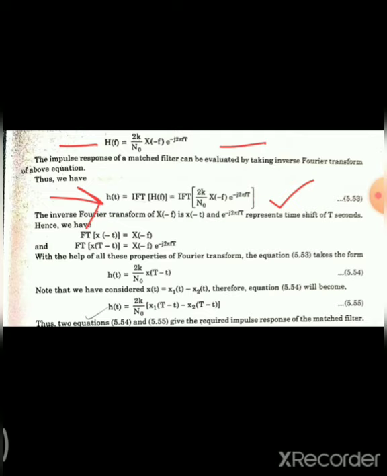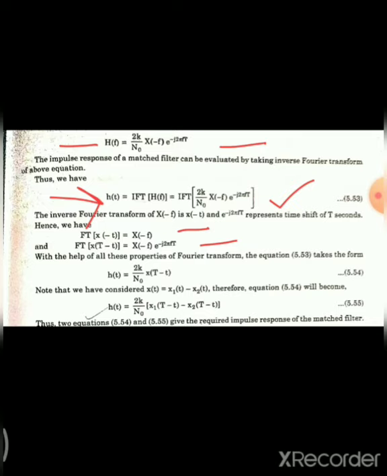Now here, to solve this equation, we are going to use the time shifting property which we studied in Fourier transform. What is the time shifting property? If the Fourier transform of x(t) is given by X(f), then the Fourier transform of the same signal shifted by T seconds, that is x(t minus T), is given by X(f) e to the power minus j 2 pi f T. This equation represents the time shifting property which is used in the Fourier transform. You can go and check back the lectures of signals and systems for the time shifting property.